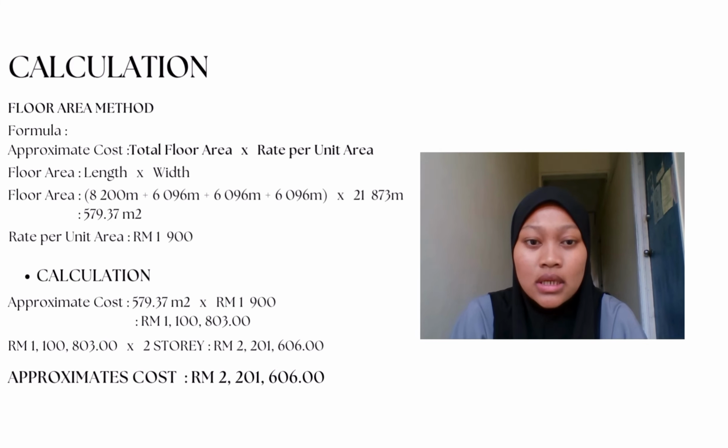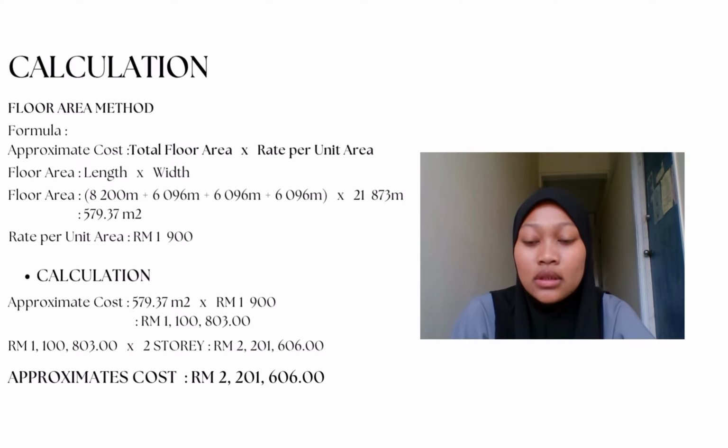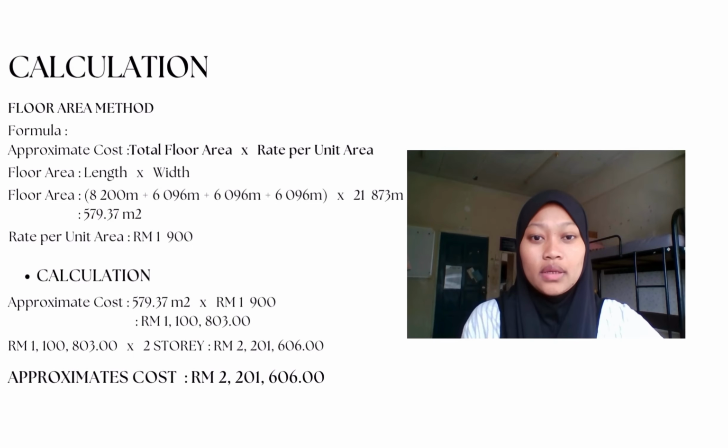In this case, we must calculate the floor area by adding 8,200 meter plus 6,096 meter plus 6,096 meter plus 6,096 meter and multiply the total with 21,873 meter. Okay, the total is 579.37 square meters. With a rate per unit area of 1,900 ringgit, we multiply 579.37 square meters by 1,900 ringgit, which equals